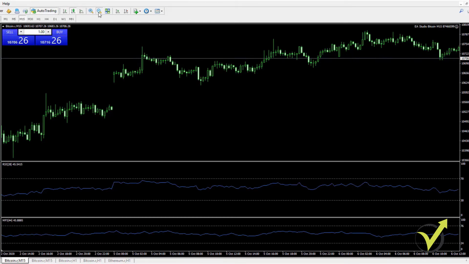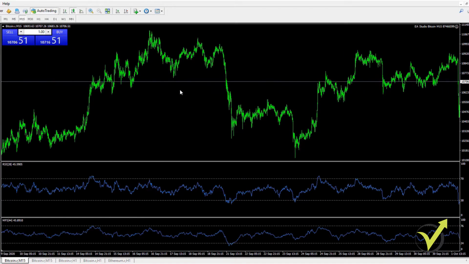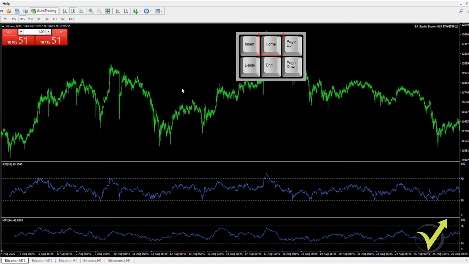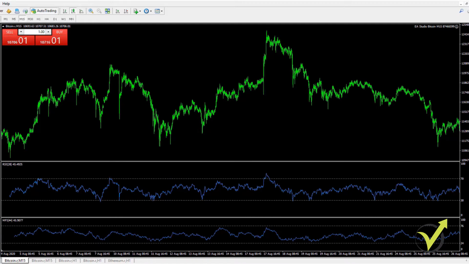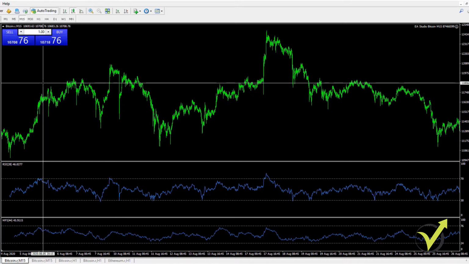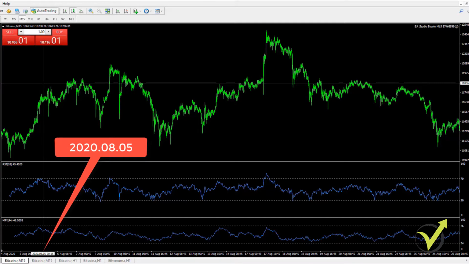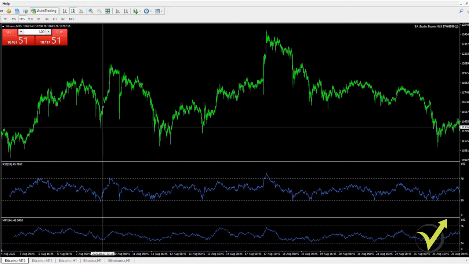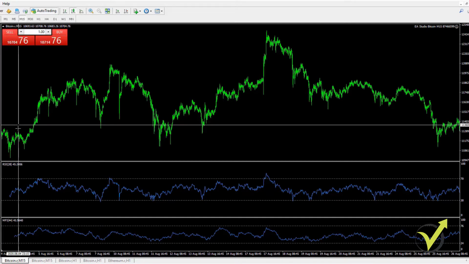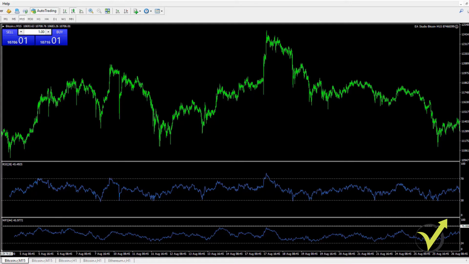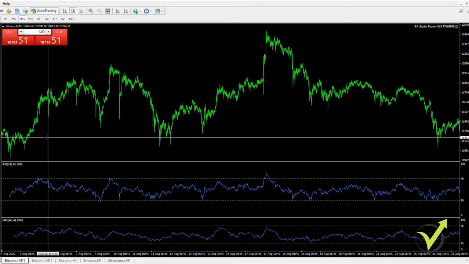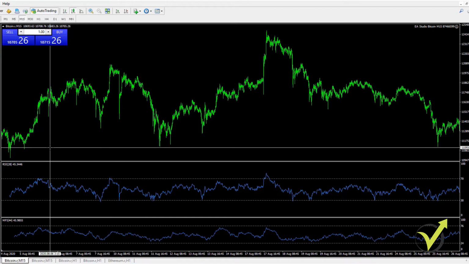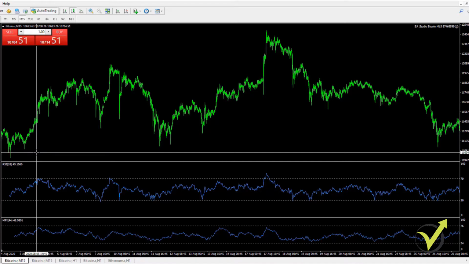For the purpose, you will need to zoom out the chart and then press the Home key on your keyboard. You see it moved the chart a little bit, and I have the data now starting from 8th of May 2020, which is not a lot of data, but that's the maximum that Pepperstone offers. I have more data, but it's on the other server, because Pepperstone had a few servers and they changed now to a new one for the demo accounts, and I had more data previously but now it's not in there.